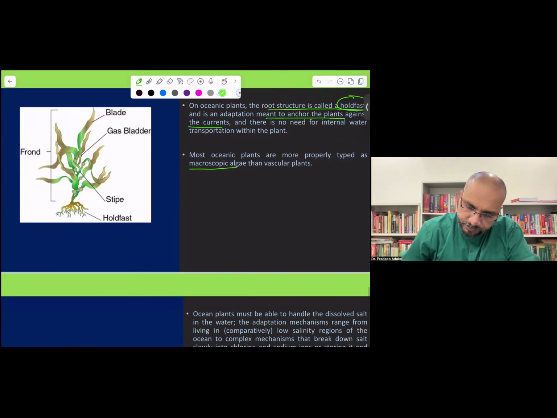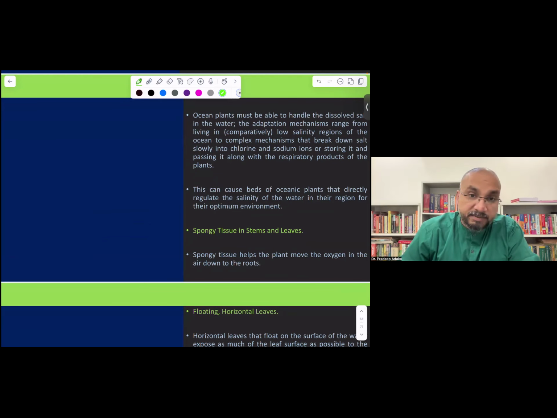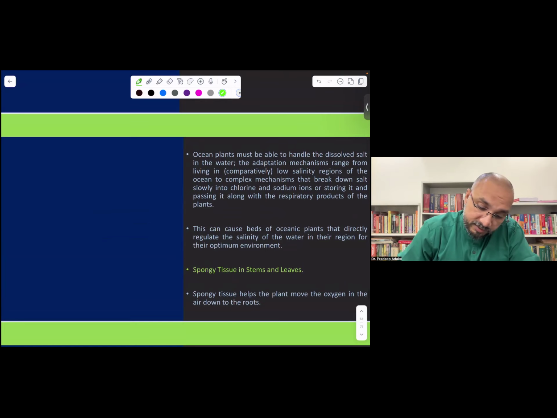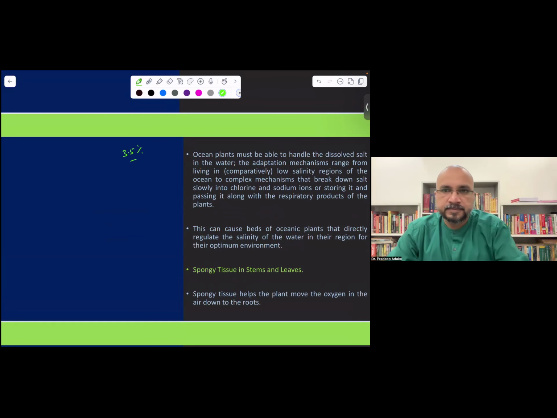Okay, now ocean plants must be able to handle the salinity also. Ocean water has salinity of around 3.5%. If you want to convert percentage to ppm,